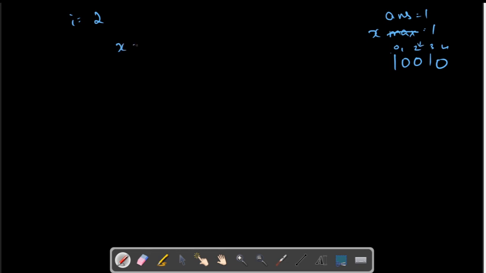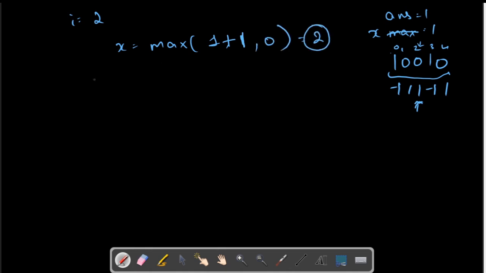Now our x will be equal to the maximum of x, which is 1, plus 1, because this was converted into minus 1, 1, 1, minus 1 and 1, or 0. So 1 plus 1 gives us 2, and now answer will be equal to the maximum of either 2 or previously 1, so it will change to 2. That means we are flipping this bit.